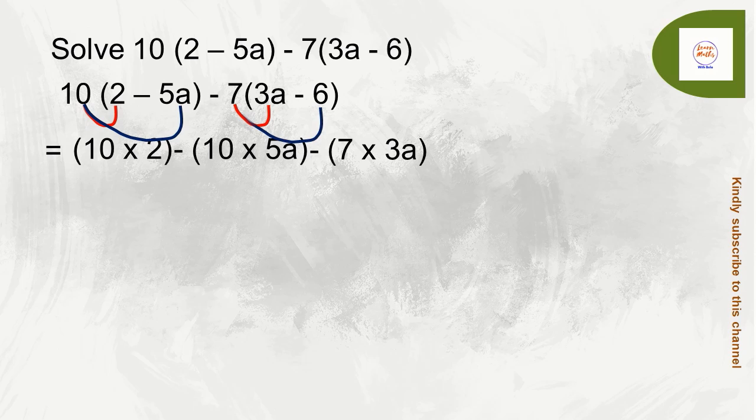Then you are going to have minus 7 times minus 6. So here you have minus times minus, and according to the rule, minus times minus will give you addition. So the sign in front will be addition, plus 7 times 6. So 10 times 2 is 20, minus 10 times 5a, which is minus 50a. Then you have minus 21a